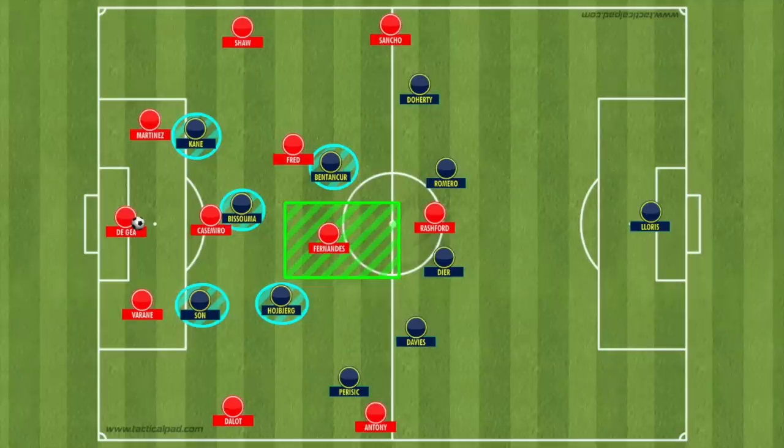Because De Gea has decided to go short, the front three of Tottenham have to push extremely high up the pitch, but Tottenham's defensive line didn't seem comfortable with squeezing up to the halfway line in order to keep the pressing shape vertically compact, and so this means that if Tottenham's midfield line behind look to hold a deeper position to cover the space in front of their back line, then this gives United massive amounts of space once they